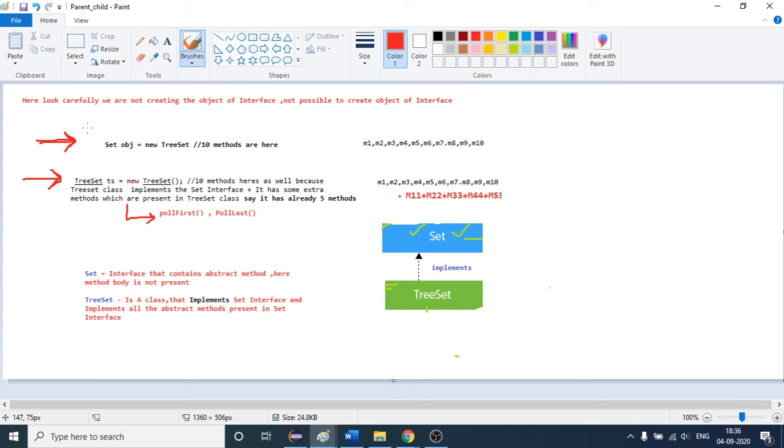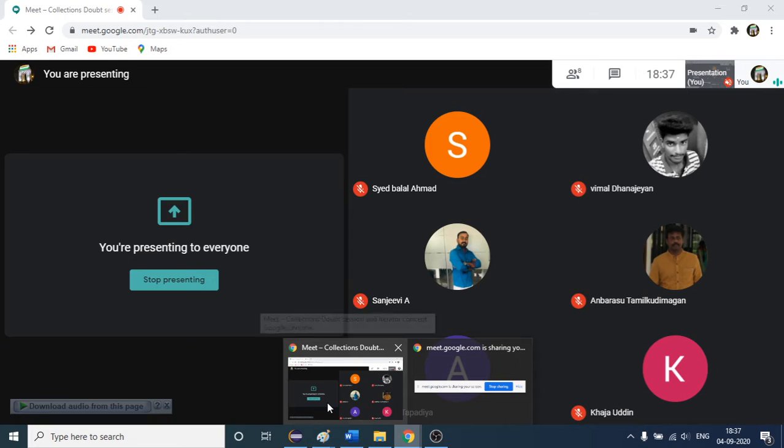See, this is an interface. Here we are creating the object of the class. This is a class, but here we are assigning it on the left hand side. So is it confusing for some of you or not? At least say yes or no, so I will be able to know. Feel free to ask.